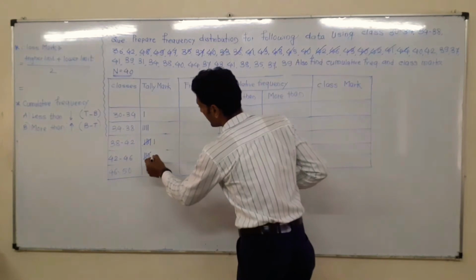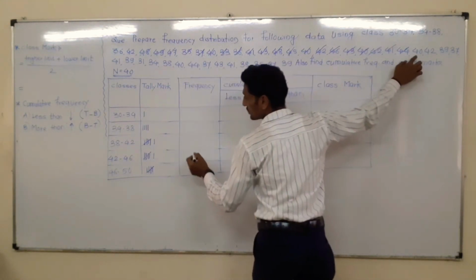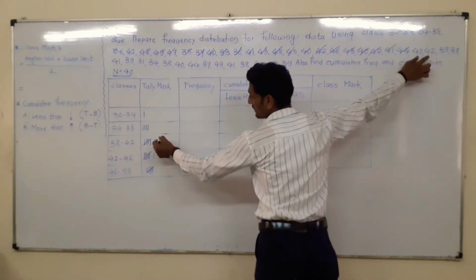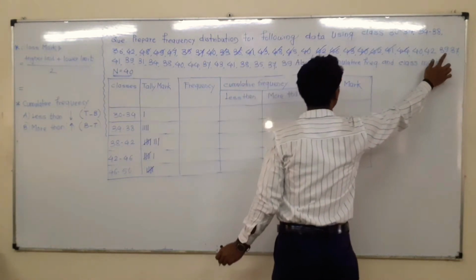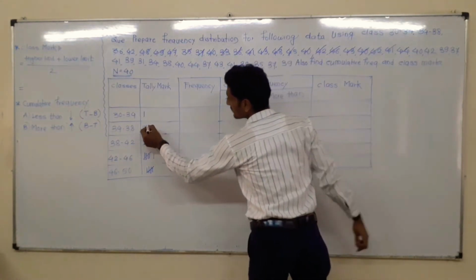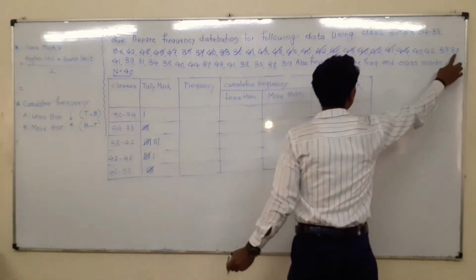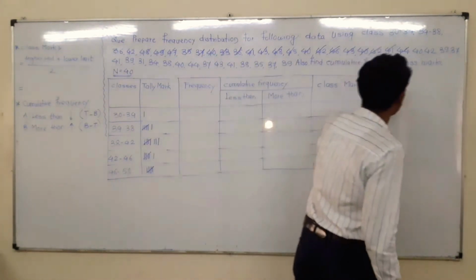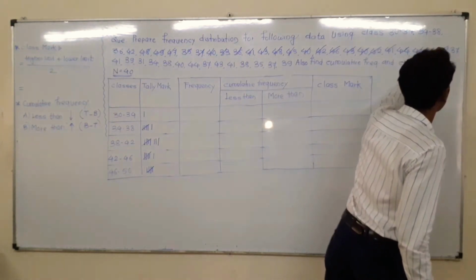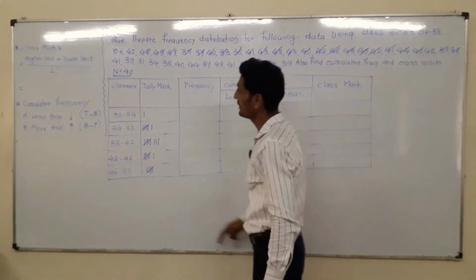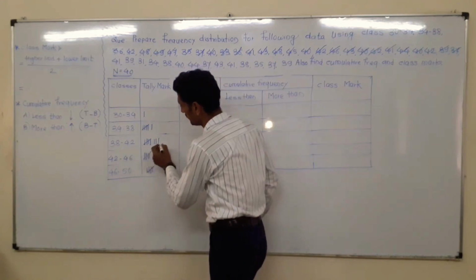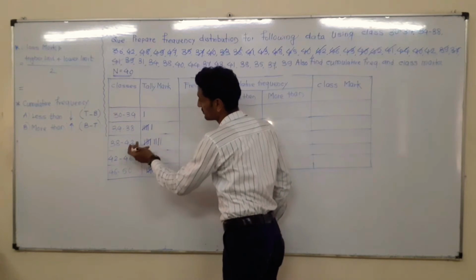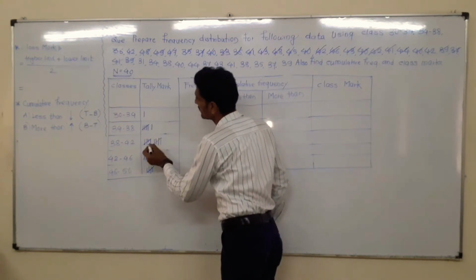44 will lie here. Next is 40, so it will lie here. Then 42 either here or here, so I will mark here. Then 39, that will bunch here. And 37 is here, so I am going to cross these numbers that I have already marked. Now next look for 41. So 41 will lie here, I cross it. 39 also lies here, I will bunch it.